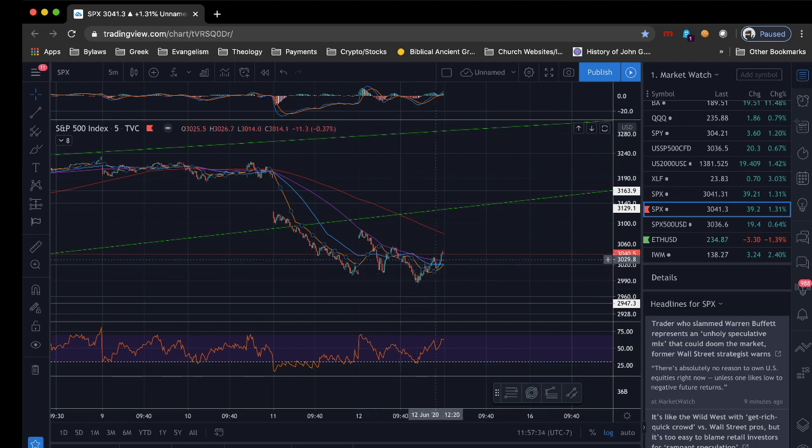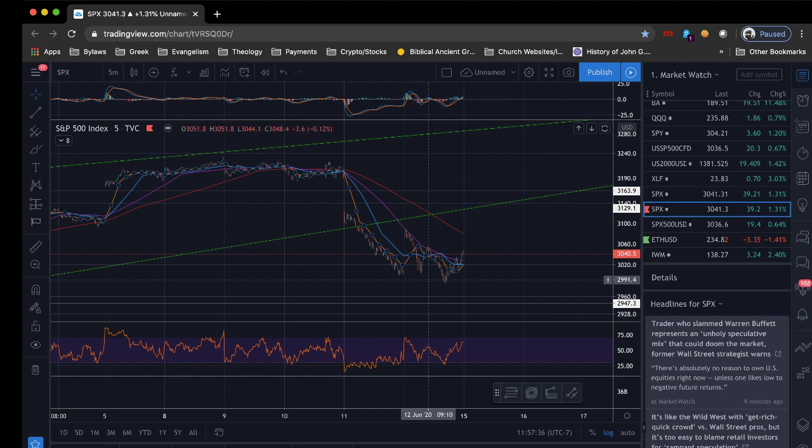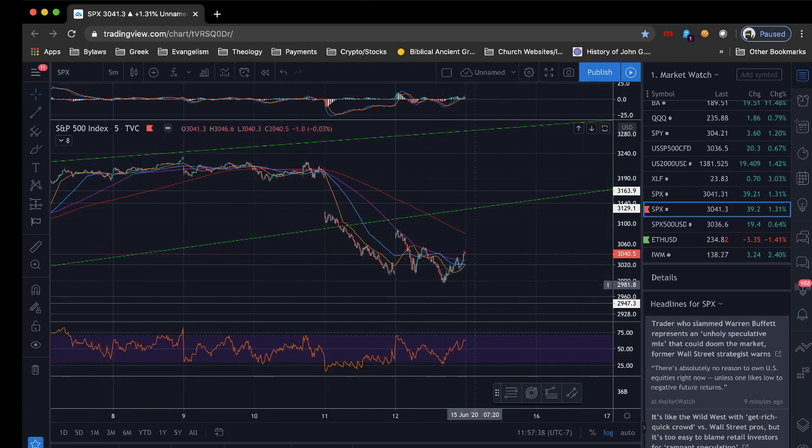Now, the interesting thing here, as you're looking at this structure play out, you could tell how the bulls are really putting in overtime to make sure that the destinations are not reached, because once you reach the destinations that we've set out right here, then the whole story changes, and now we have a more bearish narrative instead of a bullish narrative.